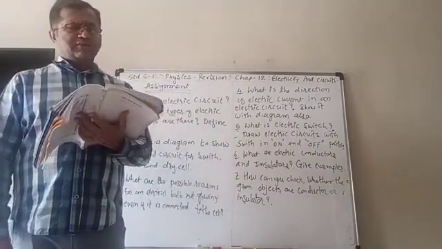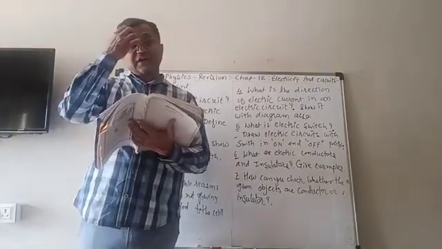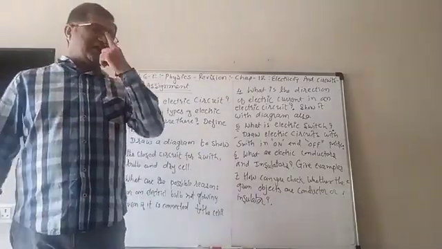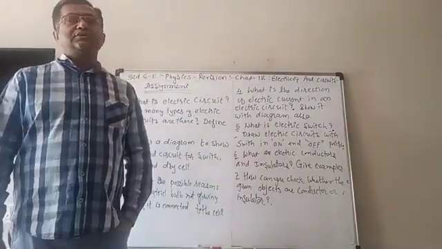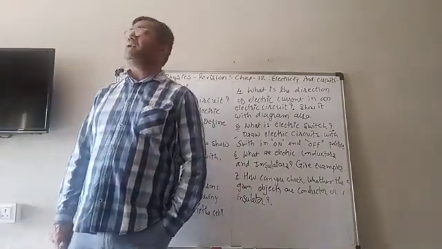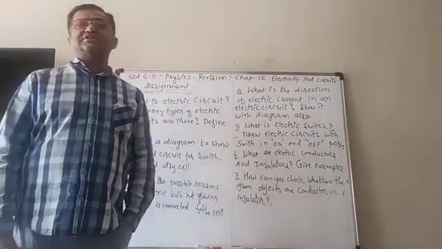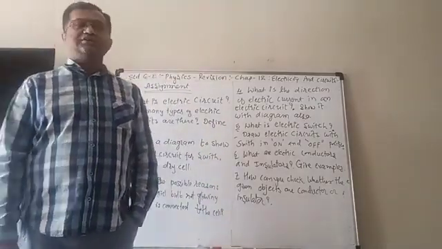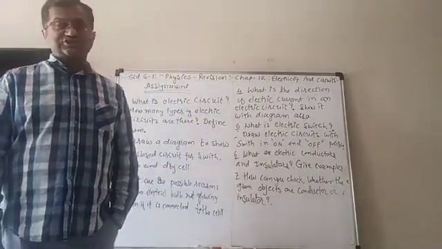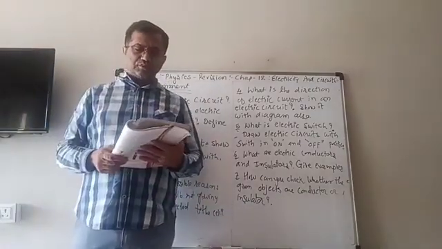Now, when we make the connections, we have to be very careful. While doing the connection, be careful that all the joints are properly done. Because if one of the connections is loose at the joint, either at the bulb or at the battery cell, etc., then the bulb cannot glow.